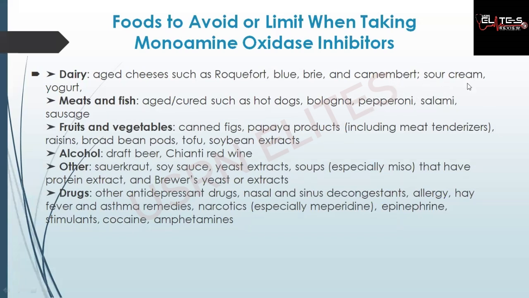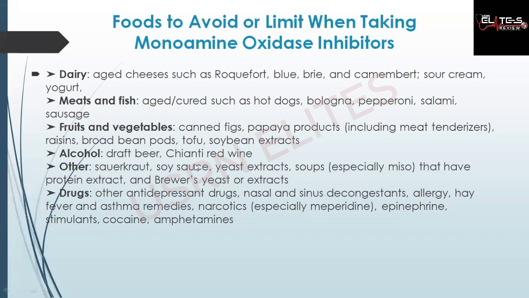Foods over here: hot dogs, bologna, pepperoni, salami, sausage, egg, cheese, and the rest. Please, in case they are giving us the option of cheese, and there is no aged cheese, how do we differentiate between that cheese and the other cheese that you are talking about that they can take? Is there any way we can know which one they can take?